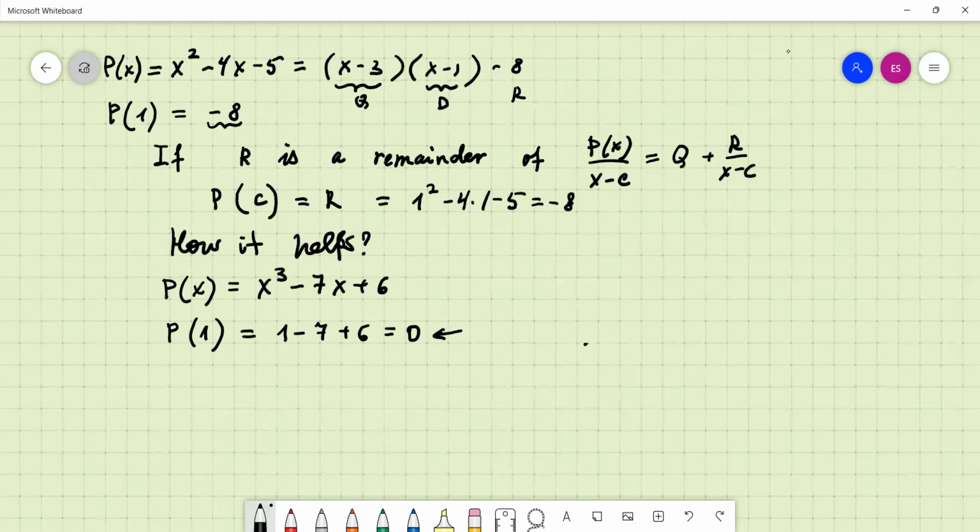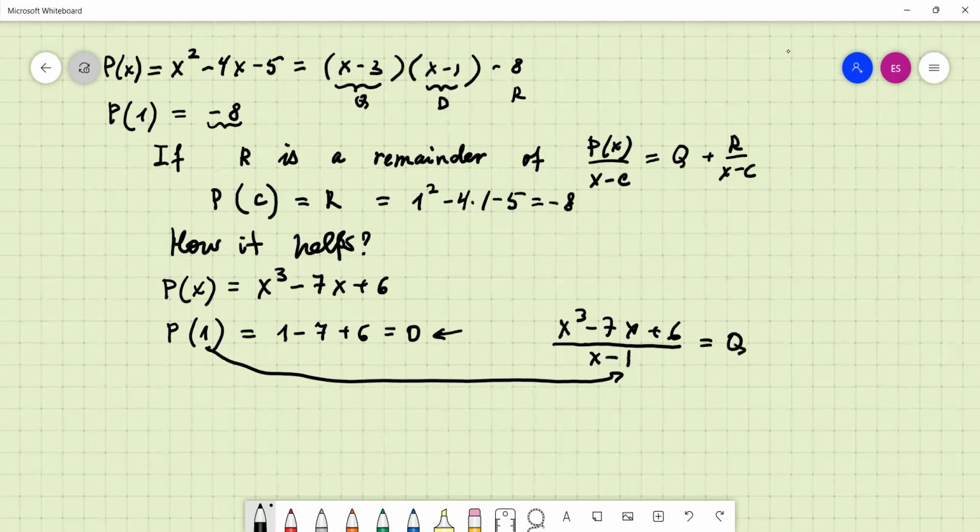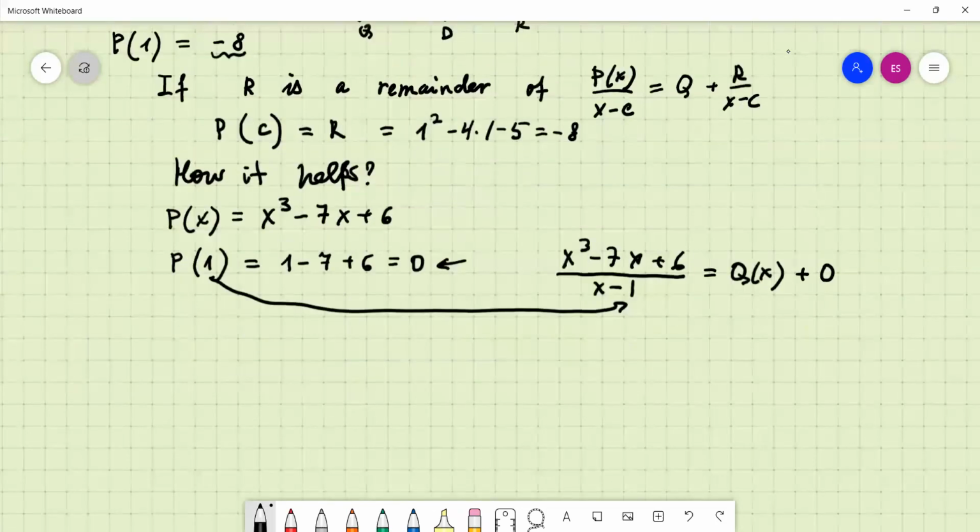So actually, now I know that if I divide P of x, which is x cubed minus 7x plus 6, over x minus 1, I'm supposed to get some quotient, which I don't know actually, plus a remainder, which is going to be equal to 0. If I represent this polynomial in a line form without a denominator, x cubed minus 7x plus 6 equals quotient times x minus 1 plus 0,